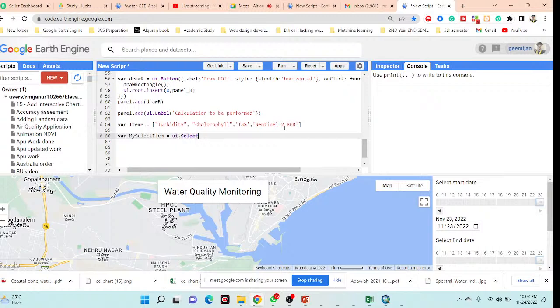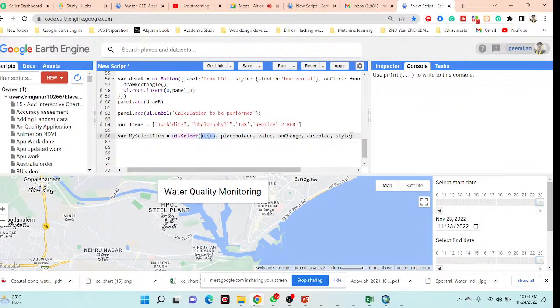You can see user interface, all of the user interface showing as a bold purple color. Not normal purple color, it's showing as a bold purple color. You can see user interface select, user interface label, user interface button. All of the things showing as bold. Now what do I select? I want to select my items. I can simply copy the variable name items because I use it here, and